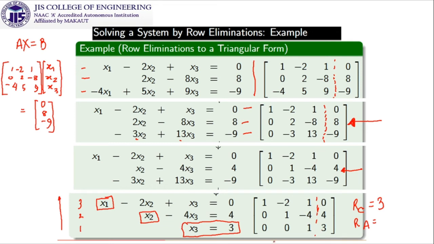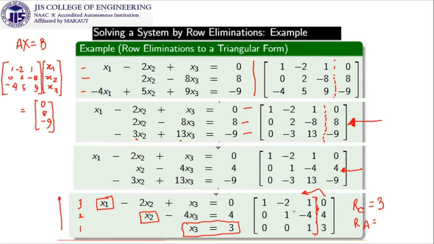Now if I want to find the rank of A, sometimes students make a mistake by taking the matrix A separately and calculating the rank of this matrix. You can do it, you will get the correct result, but this is not mathematics, because mathematics always requires preciseness. So precisely we can say that if this is the matrix A and this column did not exist, the same elementary row operations would be applied, because there is no impact of this column on these rows. So you are going to get this particular part as the echelon form of the matrix A.